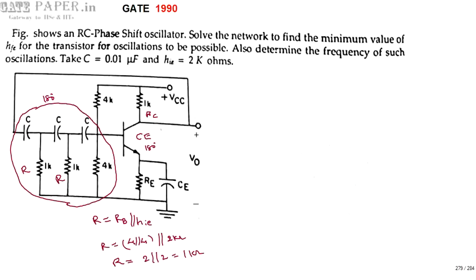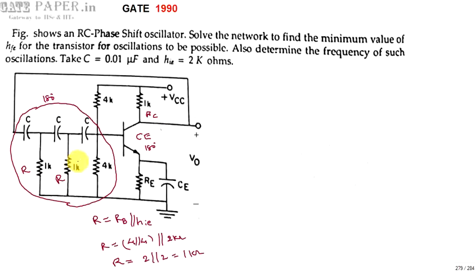Since this question is from GATE 1990, at that time the questions were lengthy, 5 marks each, and we needed to derive the equations. But nowadays it asks only for 1 mark or 2 marks. It doesn't require the derivation. What you require is remembering the formulas. You can get the derivation from any textbook. What I am interested in is the final conclusion, which is the frequency of oscillations.